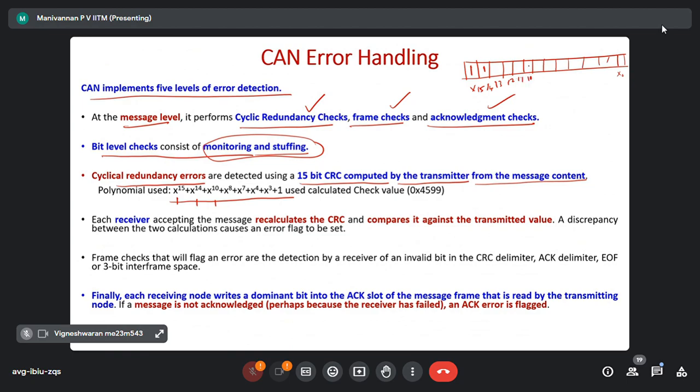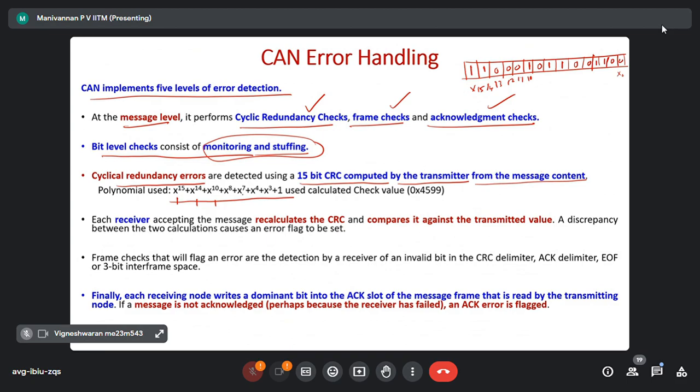This is the 10th bit, set as 1. 9 is 0, that means these bits are 0. 8 equal to 1, 7 equal to 1, then 0, 0, and 4 equal to 1, 3 equal to 1, 0, 0. These bits are multiplied